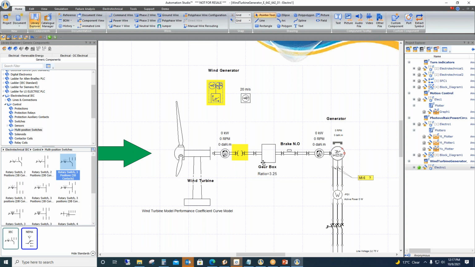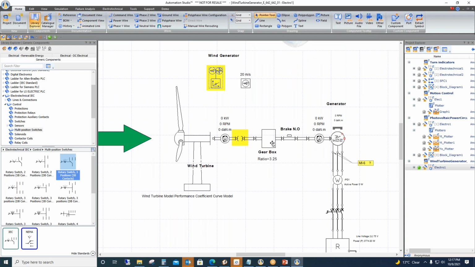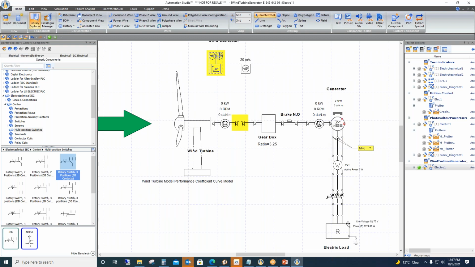So this we have given to a gearbox. Here we have used a clutch to connect and disconnect it, and here we have taken a gearbox to amplify it, and then a brake is taken, and then here a generator is taken, and to this generator we have added one electrical load. So for example, now if I start the simulation,